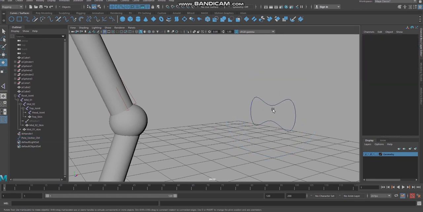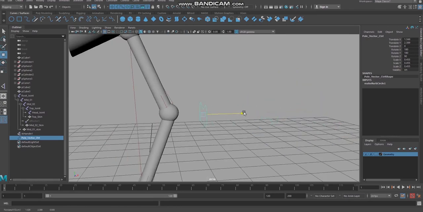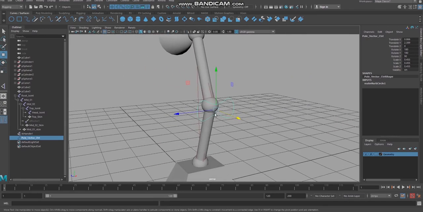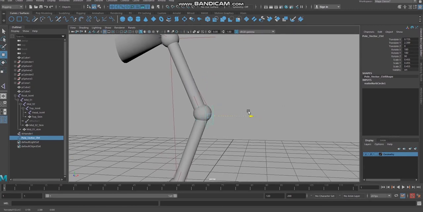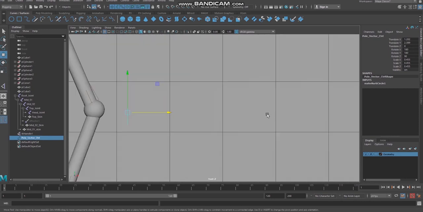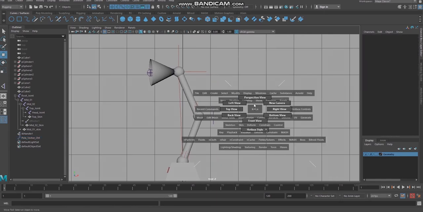Yes, now I'm going to keep it somewhere here because it should not be inside the mesh, so it will not be visible. Okay, keep it somewhere in an understandable distance. Okay, then